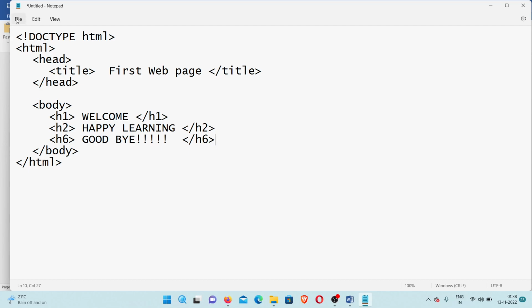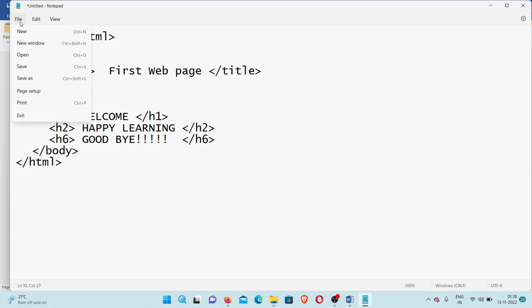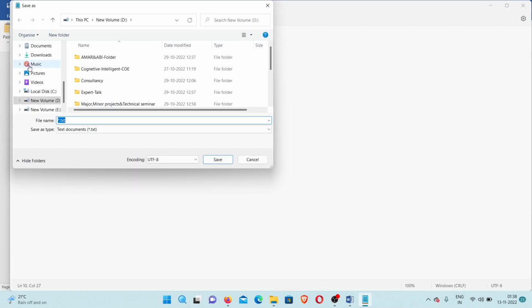Now this is my first program. I have created simple HTML with a head section and a body section. The head has the title and the body has the content. I am going to display some headings. So we have predefined tags called H1, H2, H6. So many tags are available. I am using Notepad as a simple editor in the Windows operating system. You have to go to File and Save. I am going to save this in D drive with the name HTML first